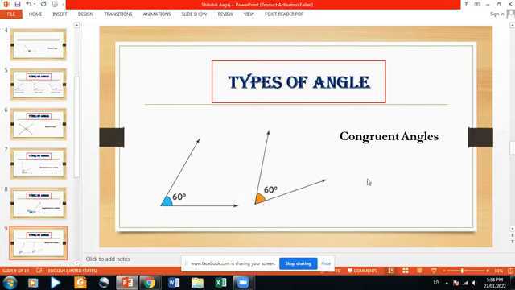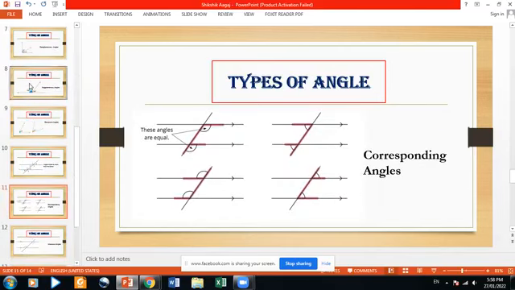If measure of angle PQR is 40 degrees and angle ABC is congruent to it, what will be the measure of angle ABC? It will also be 40 degrees. So remember that congruent angles are nothing but equal in measurement. So next,